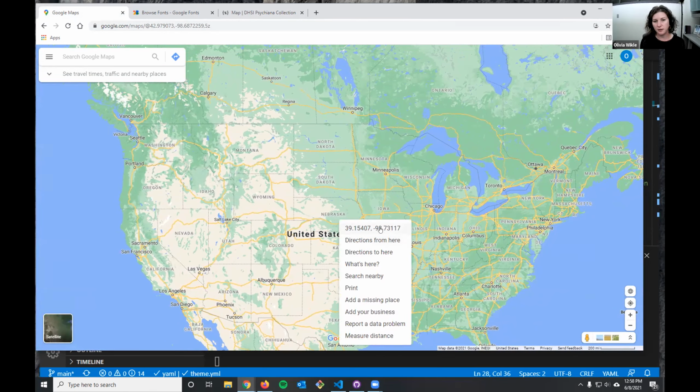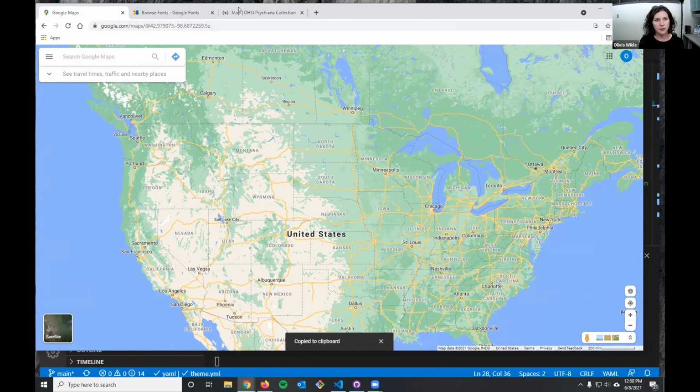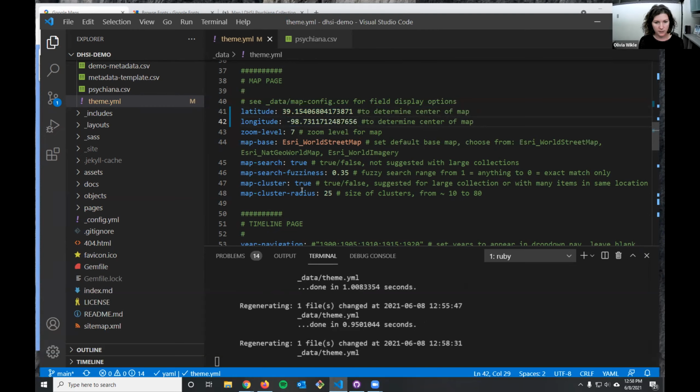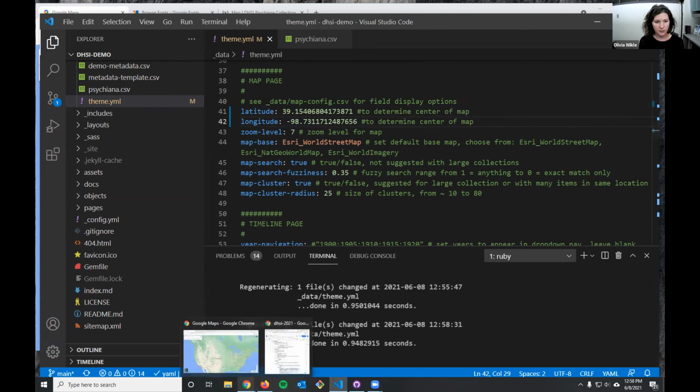I'm just going to click the lat and long there, and then come back over, and I'll just paste it right here over the current value that's in latitude. And I'm going to grab longitude, delete that extra comma, and then paste it over the current longitude as well. So if I save that, I can go look again